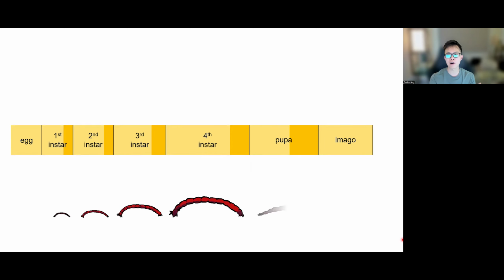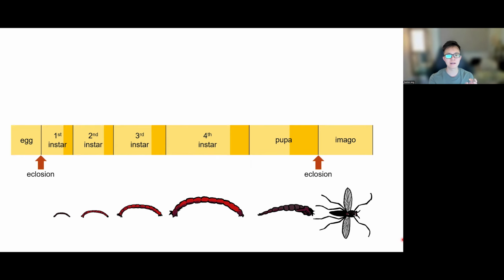And in the case of, say, this bloodworm that eventually becomes a midge, in this case, you can see very distinct juvenile phases, which we call instars. Then there is a discrete pupal phase that, even though in this case it kind of looks a little bit like the juvenile phase, is physically distinct and it eventually becomes the adult. At specific points between these stages, there's of course eclosion, which is